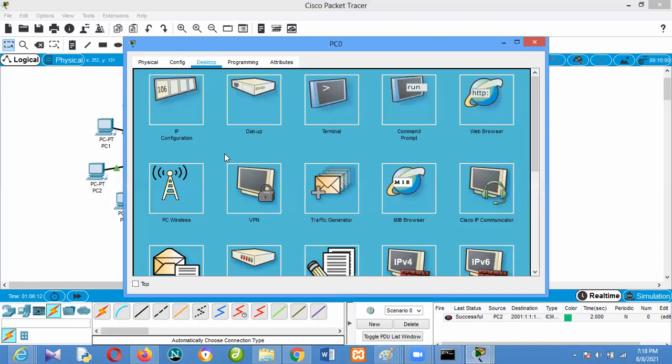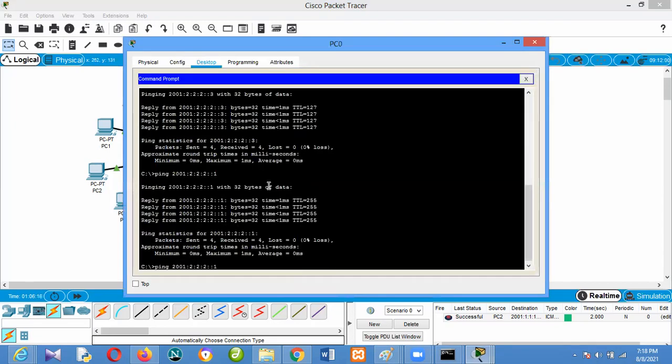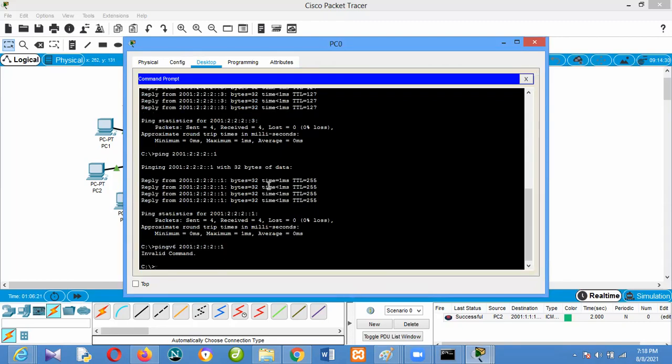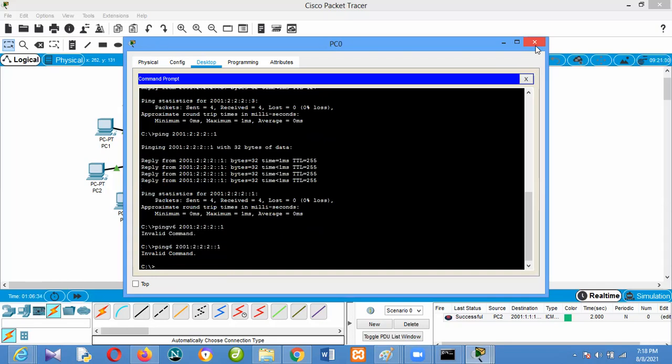For some reason it is not taking ping 6, and even ping version 6 is invalid, though it's supposed to be ping 6. In real life, they still use ping and everything works, but your books say ping 6, and it doesn't work.